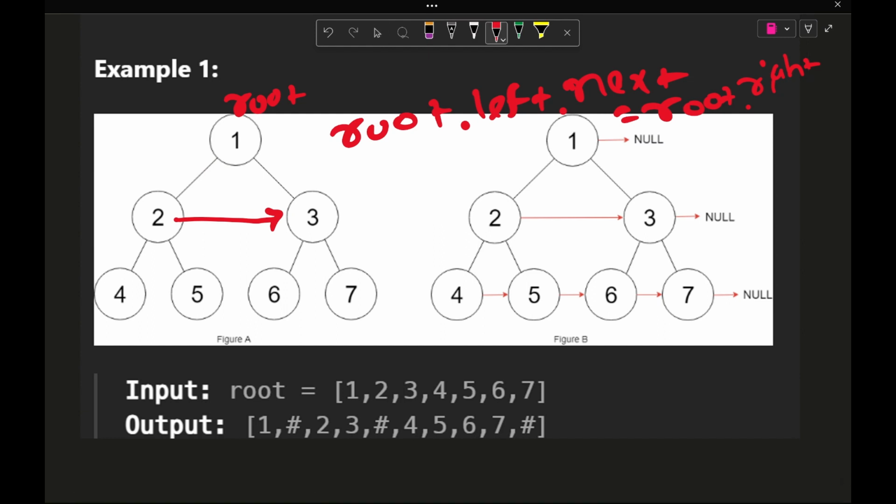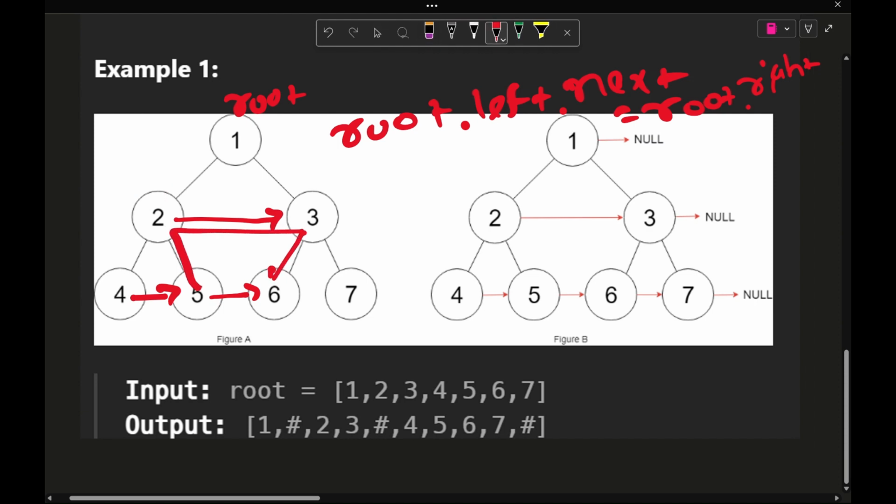What about 4 and 5? We go over here and create this arrow. Now we have to create an arrow over here for 5 and 6. How are we going to do this for 5 and 6? We can use this technique: our current node is pointing to 3, and 3 is pointing to 6. So we can go over here, and then we can